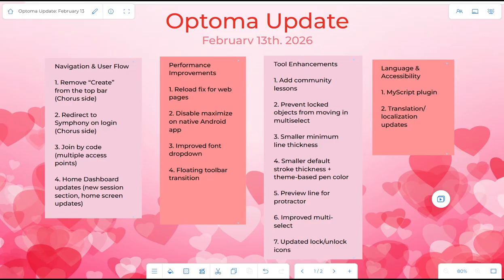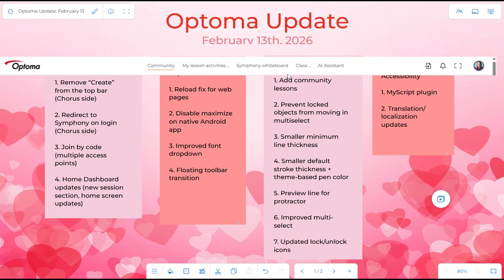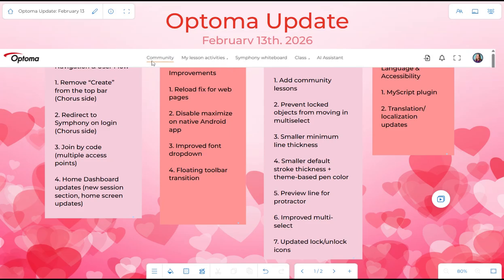So starting with navigation and user flow improvements. First, we removed the create option from the top bar on the chorus side. So what that looks like here. You can now see at the top bar that the menu includes just the community, lesson activities, Symphony Whiteboard, class, and AI